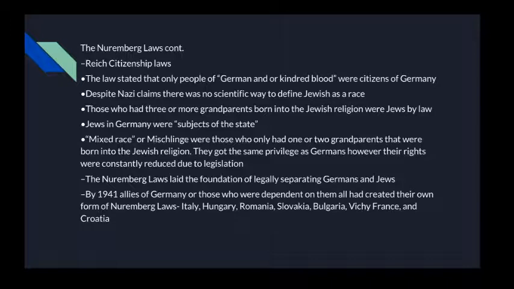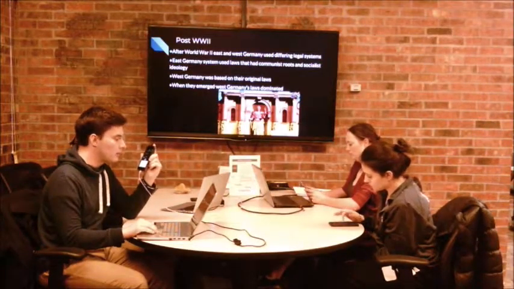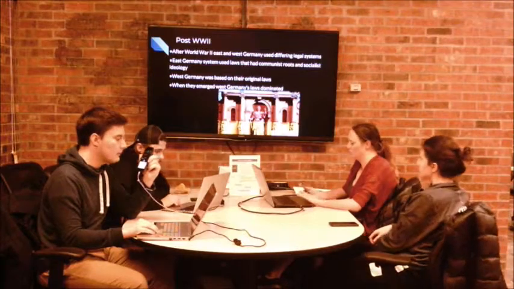The Nuremberg Laws laid the foundation of legally separating Germans and Jews during World War II. And in 1941, the Allies of Germany, or those who were dependent on them, had all created their own form of Nuremberg Laws. Following the Second World War, ushering in the Cold War era, Germany was separated into East and West Germany,